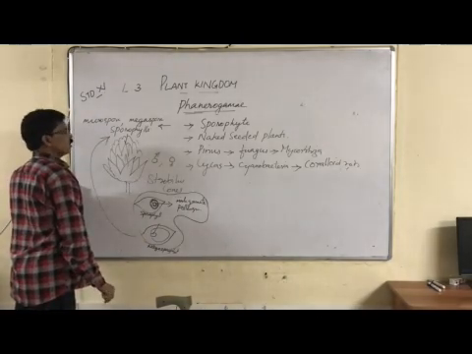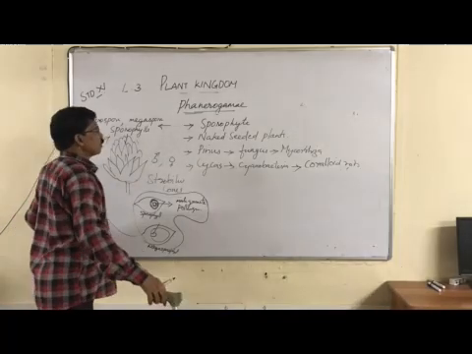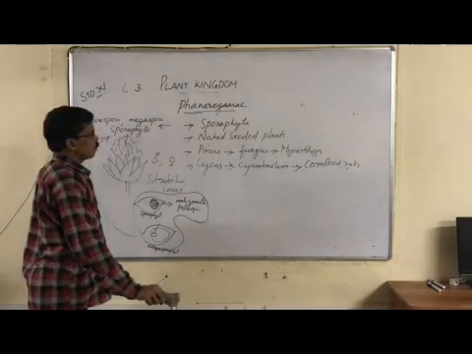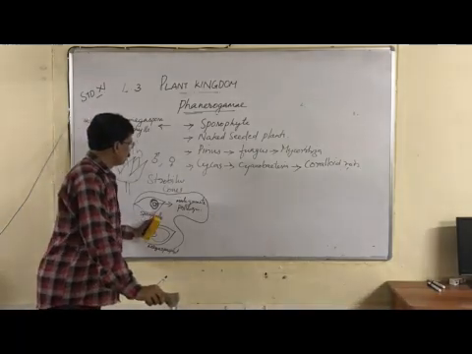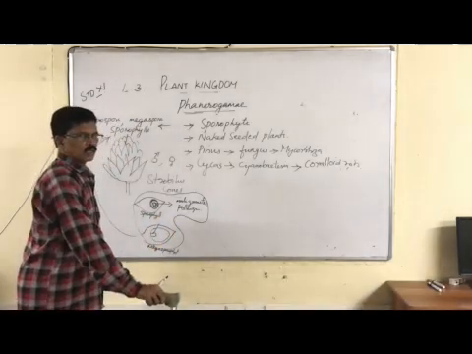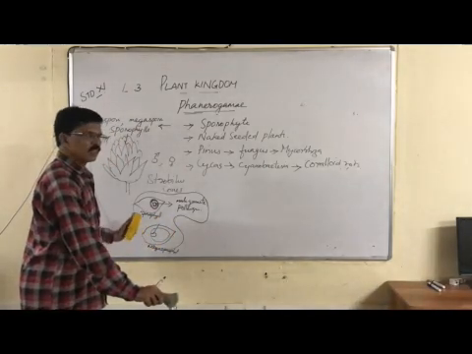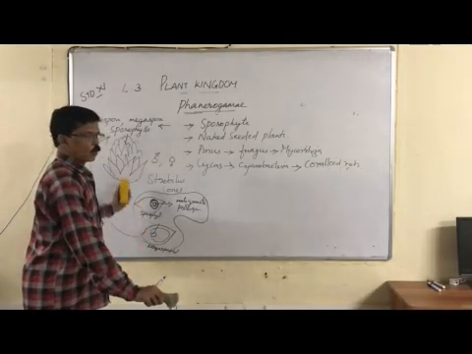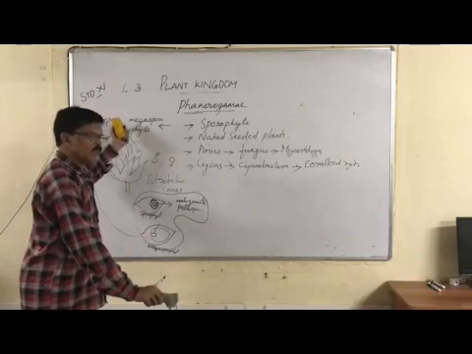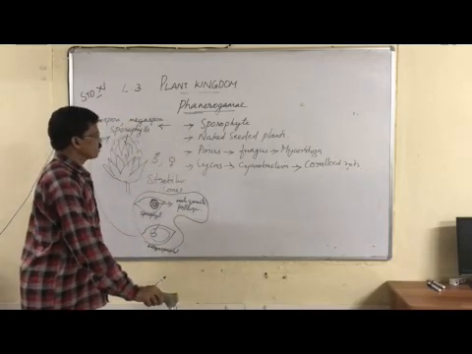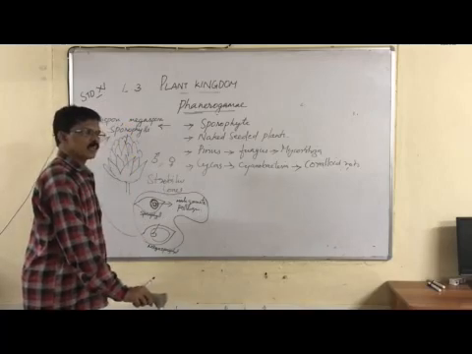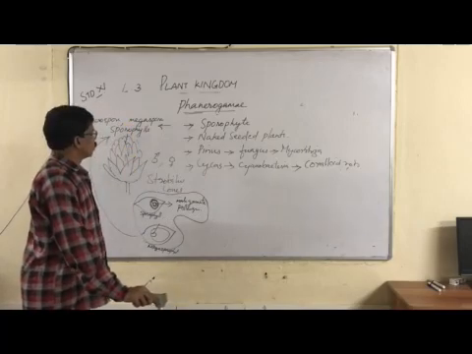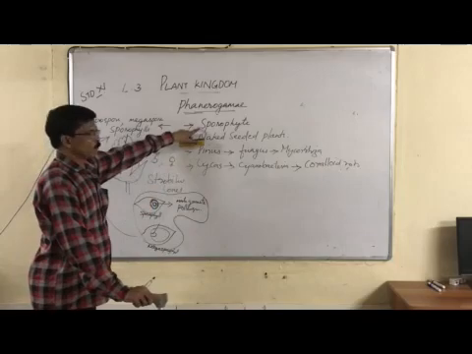So in this case, sporophyte and gametophyte. Just like pteridophytes, the sporophyte is the plant body, and the sporophyte produces the gametophytic stage, represented by the male and female sex organs plus zygote. That is a very rudimentary stage, a dependent stage of the sporophyte. So the sporophyte is the independent stage, the plant body. That is why the life cycle starts with the sporophytic generation and leads to the gametophytic generation, as in pteridophytes. So the main point you have to remember is that the sporophyte is the plant body.